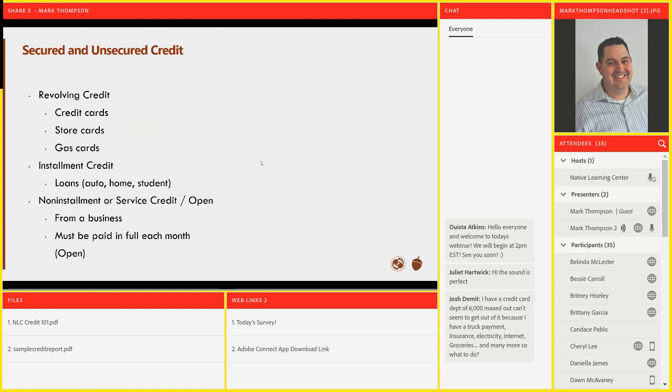And the third type of credit, which is not as frequent, is maybe a non-installment or service credit. Maybe they give you a little bit of credit, but then you have to pay it in full each month. That would typically be at a store that provides you a tab that's open, and you just buy things throughout the month and then you settle up, right?